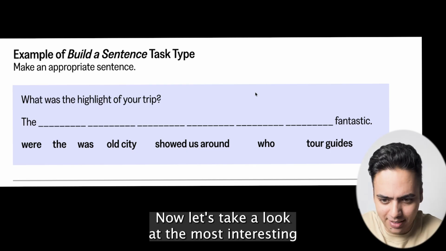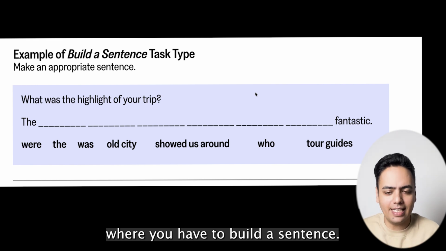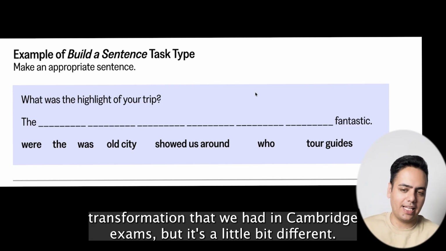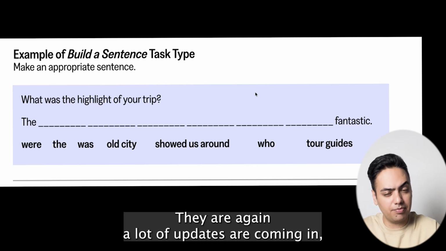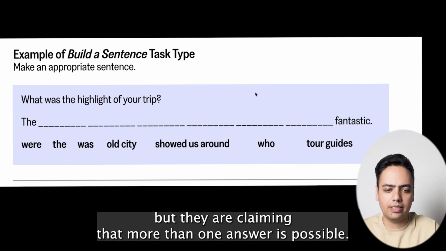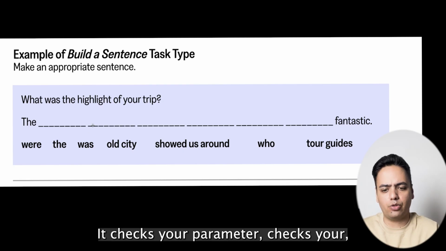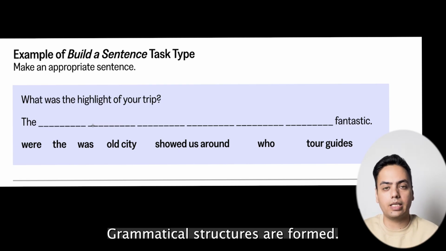Now let's take a look at the interesting part of the TOEFL updates in 2026, where you have to build a sentence. Very interesting task. So they give you a sentence which looks like the keyword transformation that we had in Cambridge exams, but it's a little bit different. Again, a lot of updates are coming in, but they are claiming that more than one answer is possible, so you will get a point based on how correctly you put the words together. It checks your grammar, your knowledge of syntax and the way that information is put together,